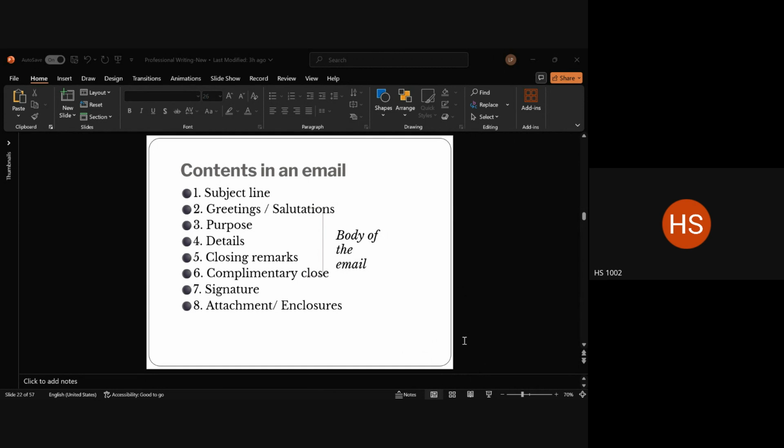So for the second one, this is an unfamiliar person, a stranger you do not know. You're writing especially to seek a job. So it's going to use the most formal version of salutation. Dear sir or madam, yes. But more importantly, if you know the person, then you're going to use dear, followed by title, followed by last name or full name.